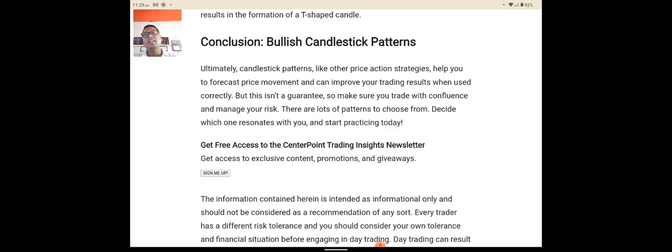Conclusion. Bullish candlestick patterns, ultimately, candlestick patterns like the other price action strategies help you